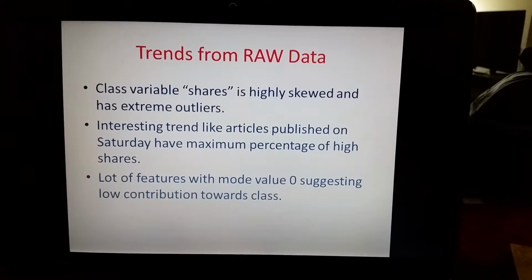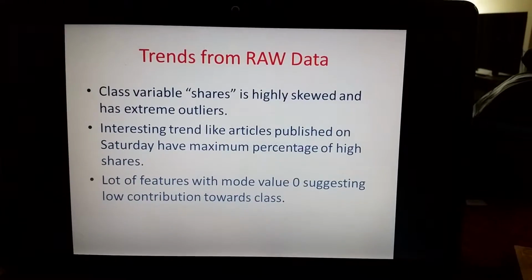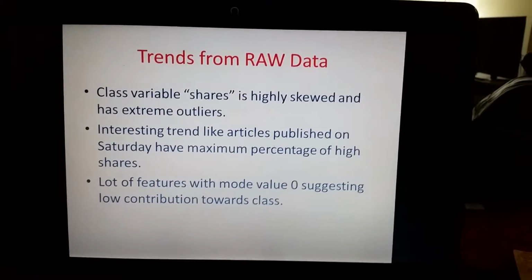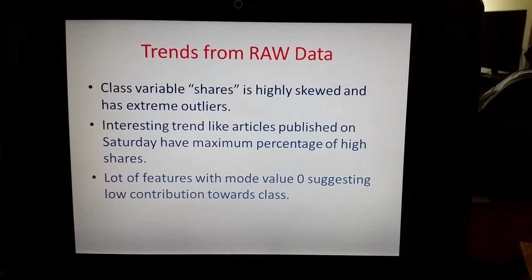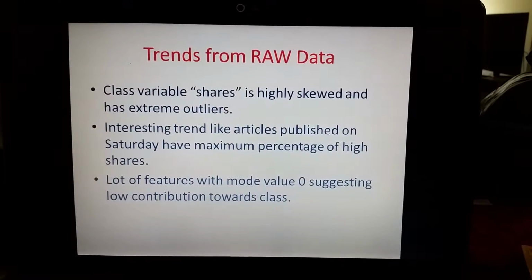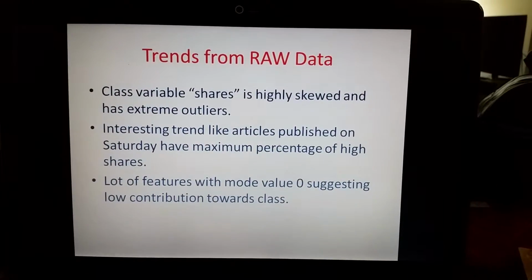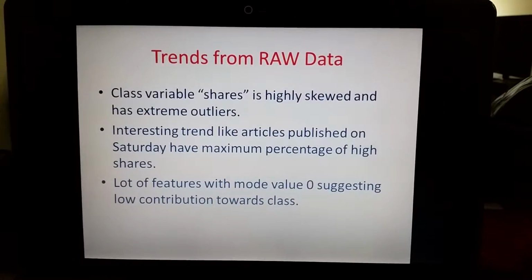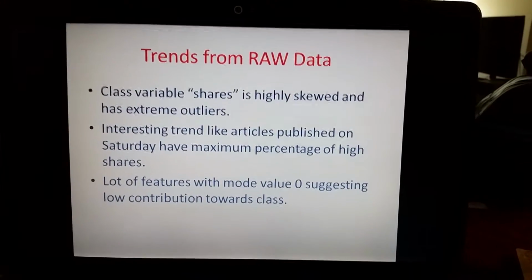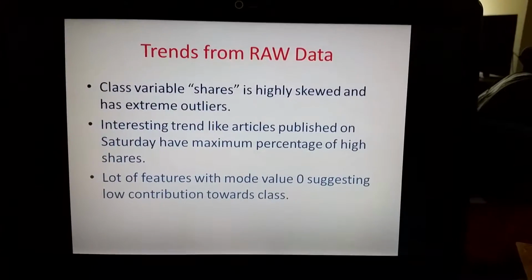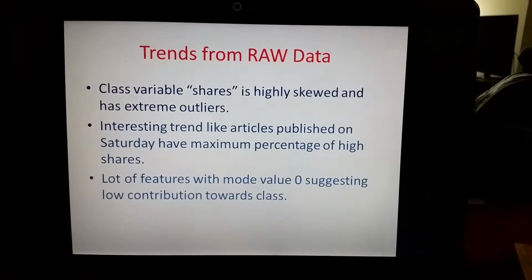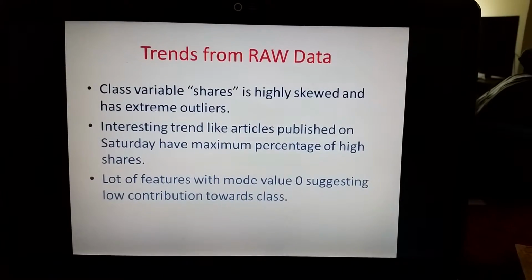First, there are some trends from raw data. The class variable shares, which is actually the measure of popularity of the articles on the website, is highly skewed, and it has extreme outliers. It has shares as low as 2 or 3 and shares as high as 800,000. So with this kind of skewed data, the relationship amongst the class variable and the other features is not very